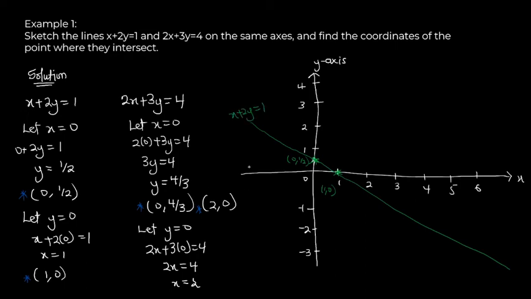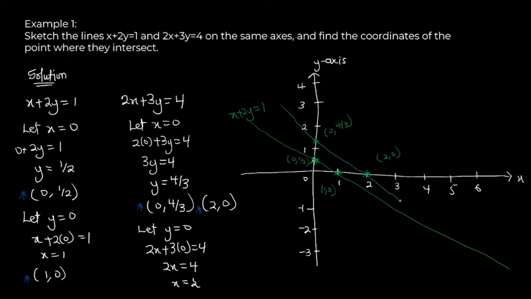Now let's plot the second line. We have 0 and 4 on 3. 0 is the x, so it's over here. 4 on 3 will give us 1 point something, so it will be somewhere around here. So we have over here 0, 4 on 3. And then the second one we have is 2, 0. So this is 2, and then 0, it is also over here. So if we draw this line to pass over here,